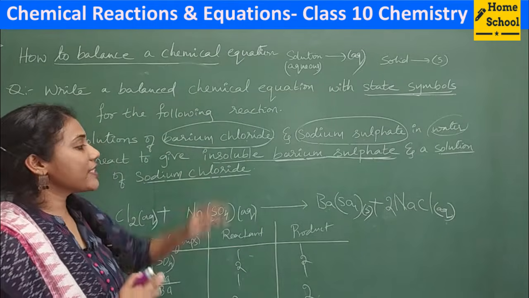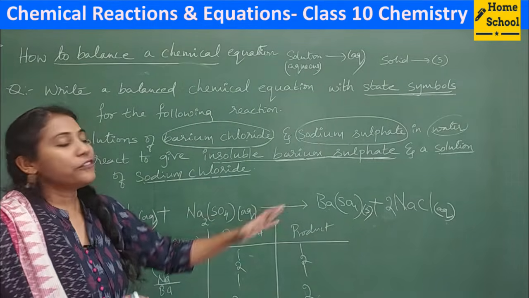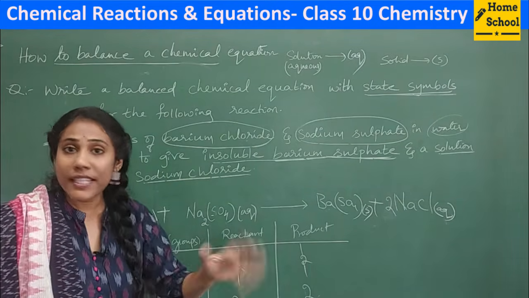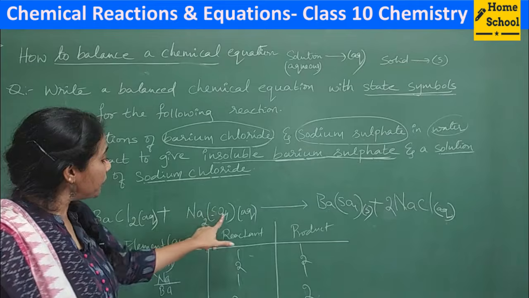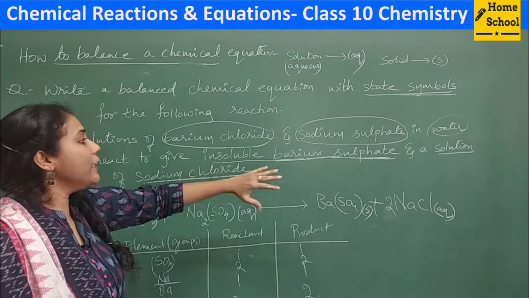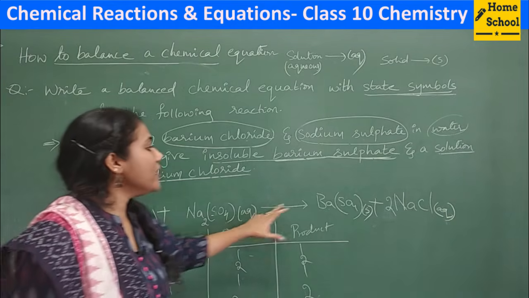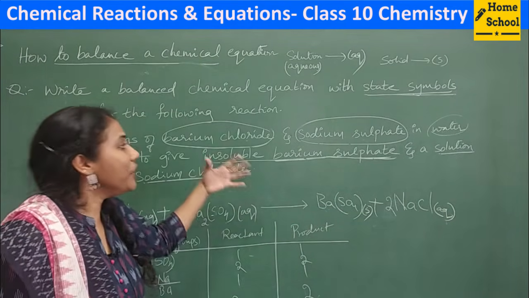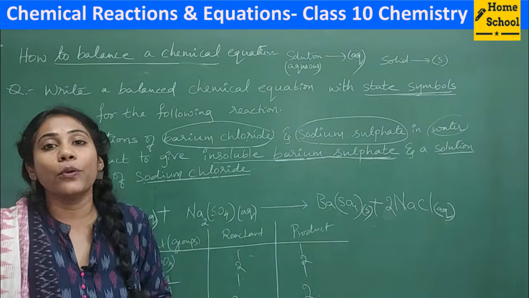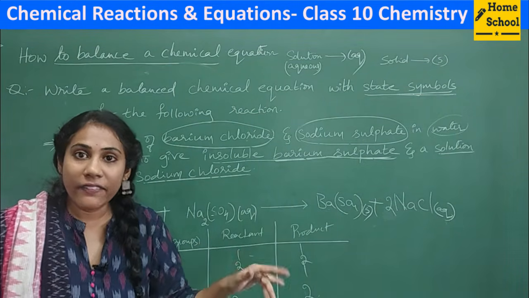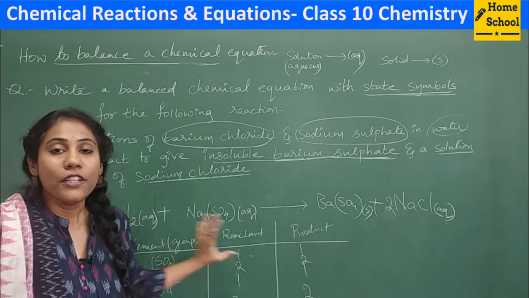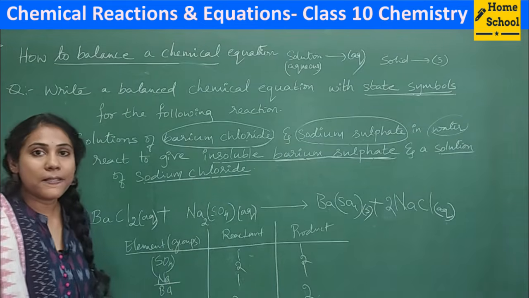So this is how questions can be asked. So this is how you have to write the answer. First write the skeletal equation, balance using the rules. After that put the symbols according to the question. So the question only will tell you whether you have to put aqueous, solid or liquid. Carefully you need to understand. If something is mentioned as a solution, AQ. If something is mentioned as a liquid, L. If something is mentioned as a solid, S. So this is how you have to put the symbols, right?